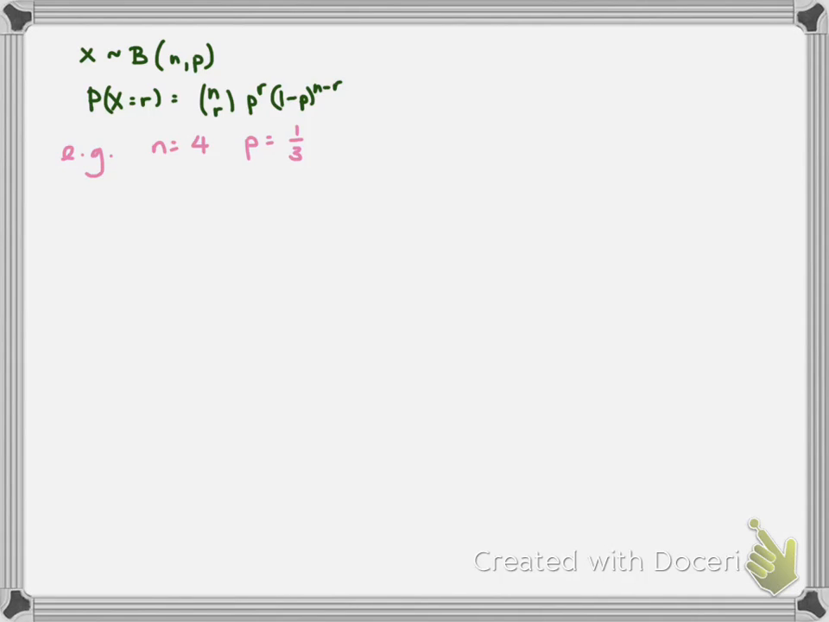Let's imagine we've got a random variable that's binomially distributed. It counts the number of successes in n trials where the probability of success at each trial is p, and the probability that we get r successes is n choose r, p to the r, 1 minus p to the n minus r. So for example, when n is 4 and p is a third, we can calculate the probability